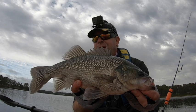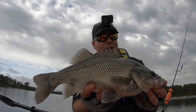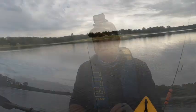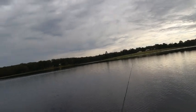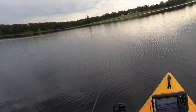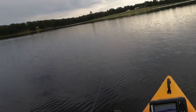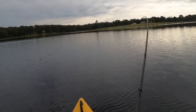So 45.5 centimetres, lovely fish. And he just waved me goodbye. That's going to be pretty hard to match, I think. Ooh, there's a fish again. There you go. So next cast,